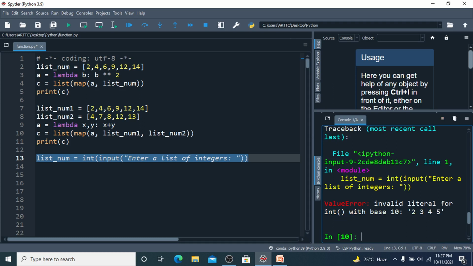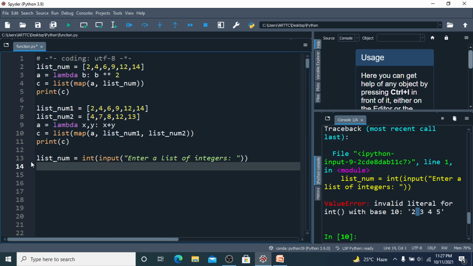Why is this? Because by default, if you input something using the input function, it is a string, and when you give spaces to enter different integers, it becomes one string, and you cannot convert it back to integers. So in that case, we can use our map function. How can we use it for list_num? We'll comment this out and we'll use a